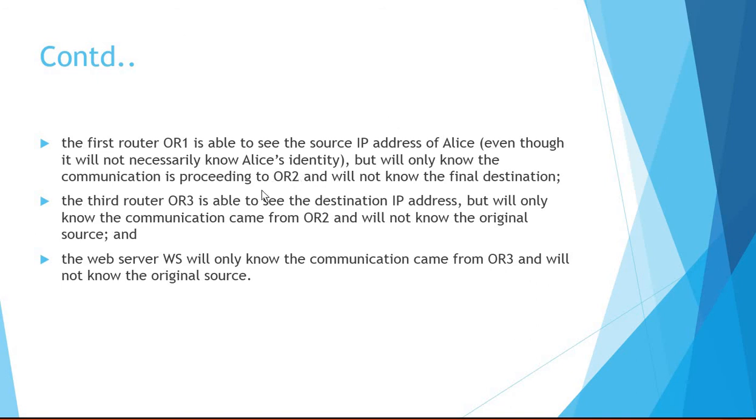Onion router 1 will decrypt it. There the next hop address, that is onion router 2's address, will be there, and another encrypted message which can be decrypted by onion router 2. By knowing the address of onion router 2, it will be routed to OR2. OR2 is nothing but onion router 2.